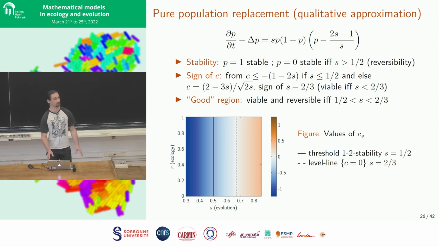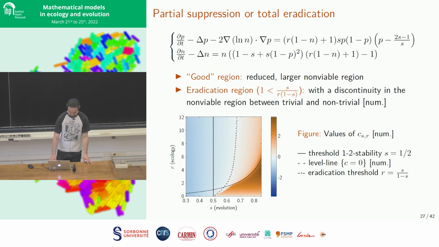And I want to say that if you take the full equation with the ratio instead of the cubic, it's just going to change the s equal 2/3 into s equal 0.697 something. So it's very close. If you consider the full system, on the contrary, you have this more complicated heat map where the good central region is reduced. And the region that is increased, on the contrary, is the non-viable region.